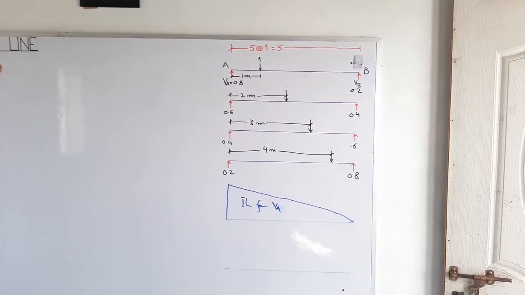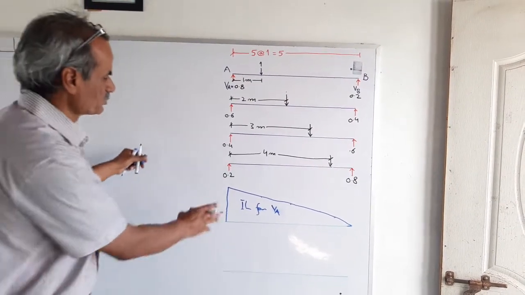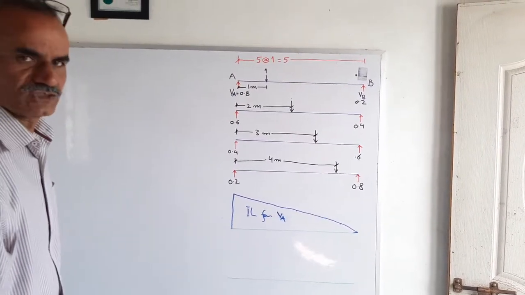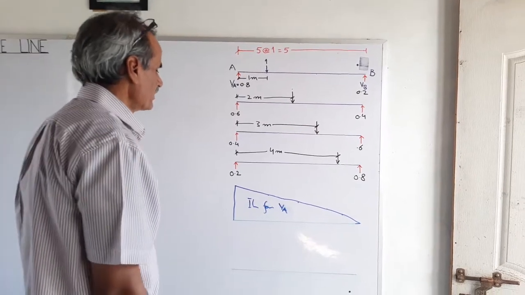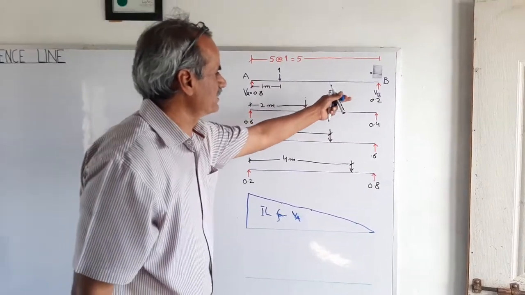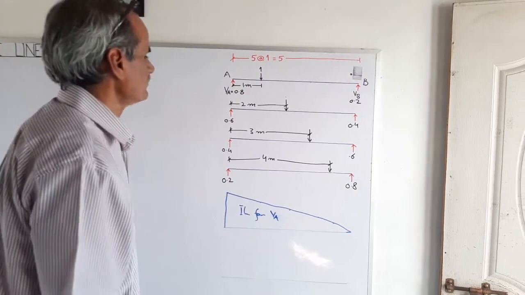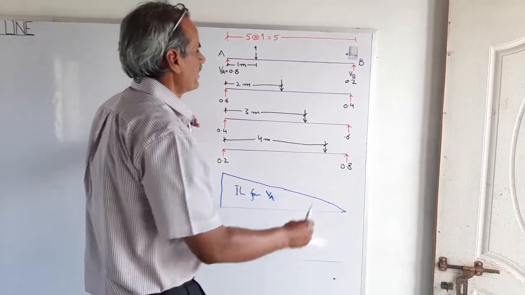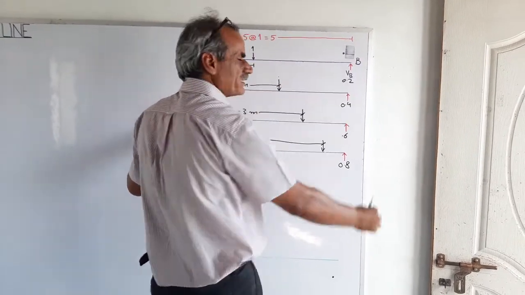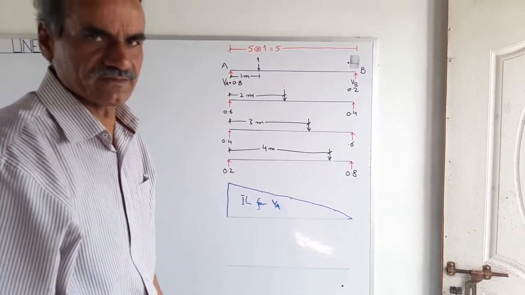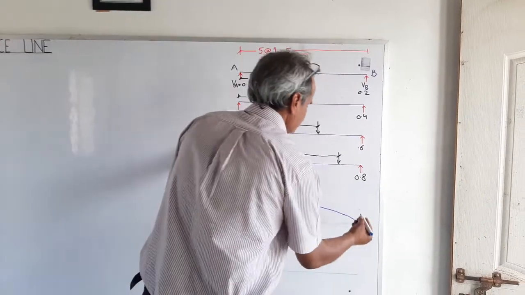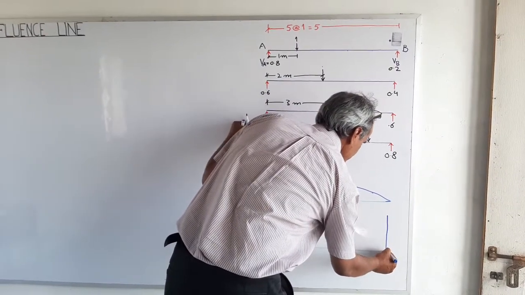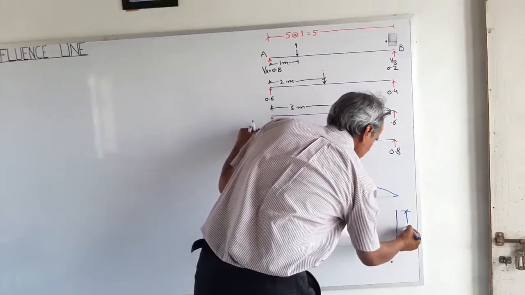Now from the same calculations, this has to be a straight line. It is a straight line, right? Since it is with a free end, it is not looking like a straight line. Now for the reaction at B, when the load is at B, it has to be a unit reaction, alright? So the reaction over here shall be 1.